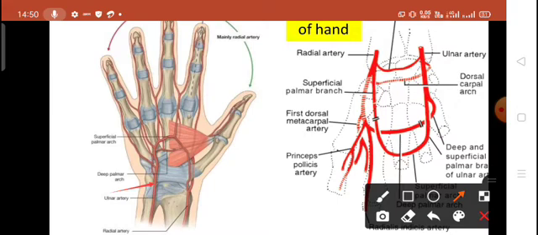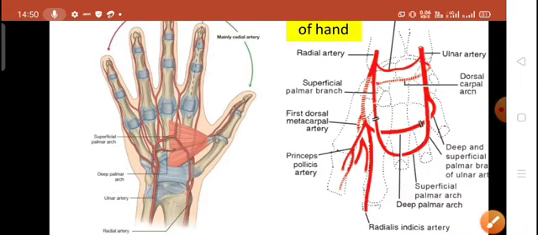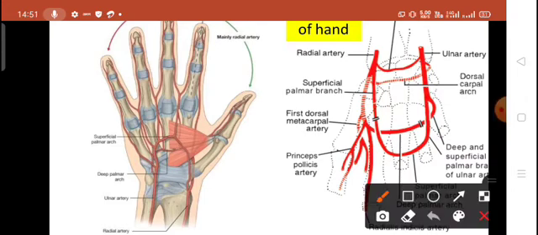At the level of the pisiform bone, the ulnar artery divides into two terminal